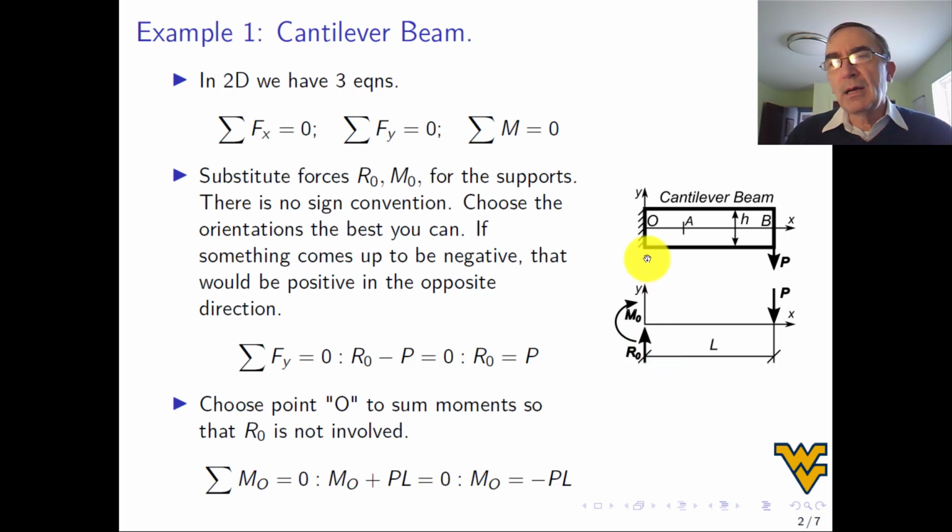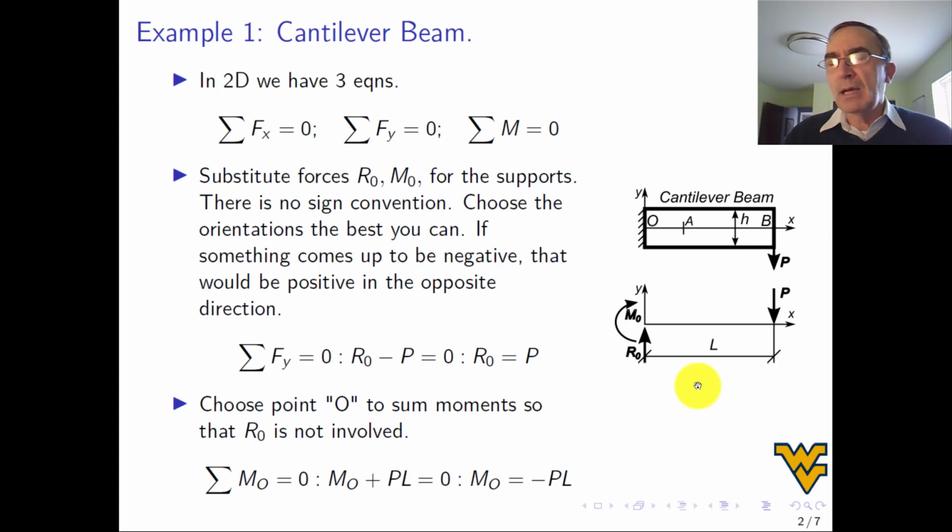Next, I'm going to put a moment to represent the fact that this is clamped, and this is moment M sub 0 here, which I have drawn in this way. You will say, well, but that is wrong, because if the force multiplied by the length produces a moment in this way, you've got to react with a moment opposite to that. And it's true.